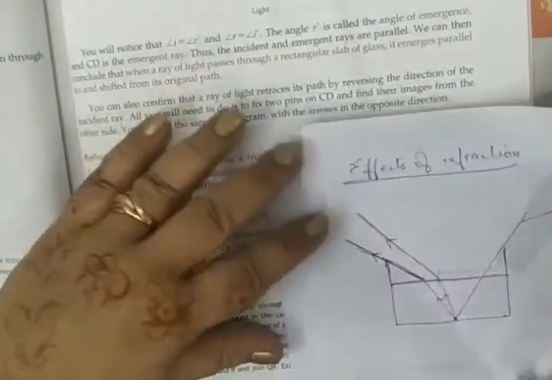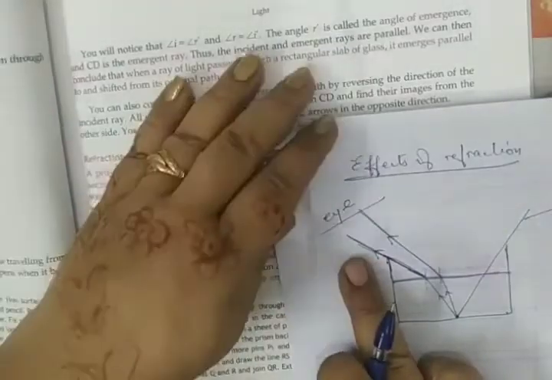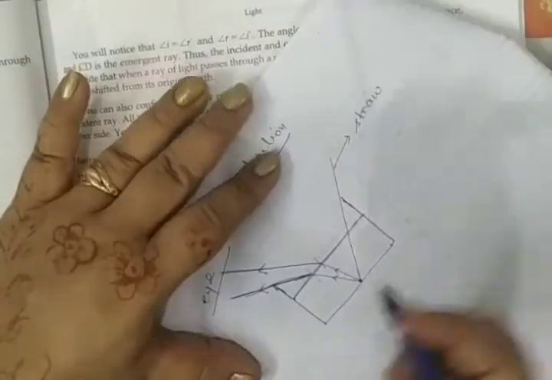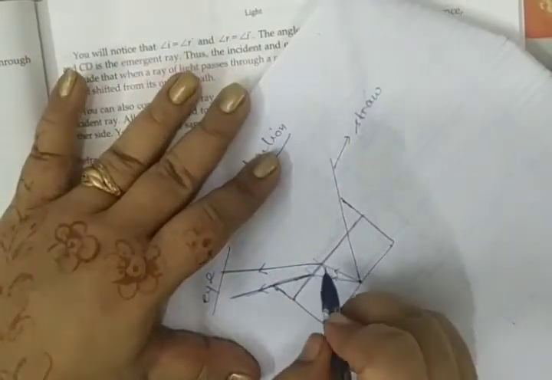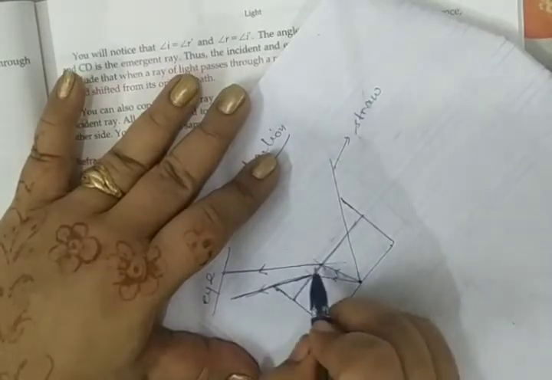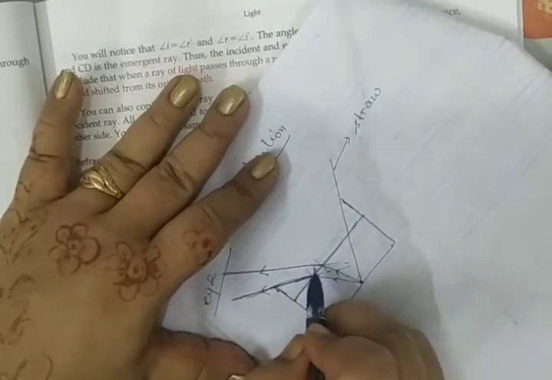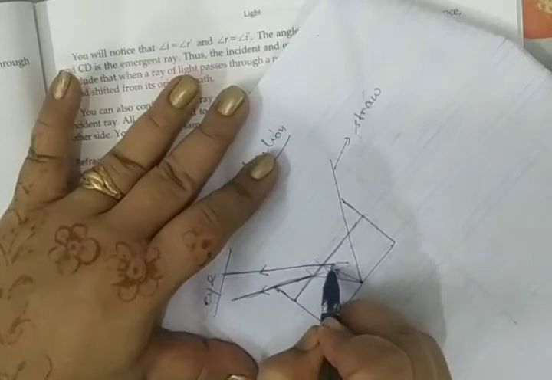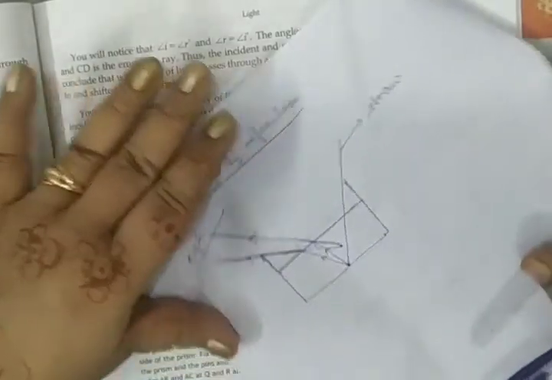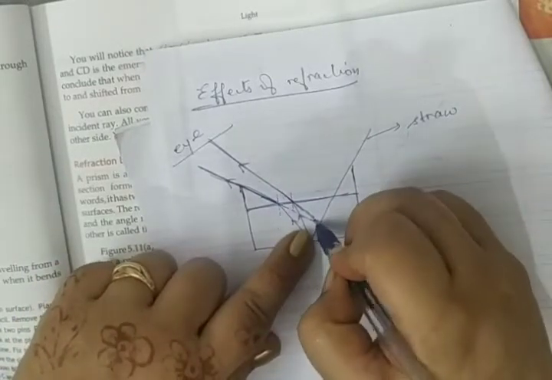Now our eye is here. So these two rays, when they enter into our eyes, they will be seeing this end, but these rays are coming straight like this, so they will appear to us to come from some other point. Let me show you. Let us produce these rays backwards. Just produce them straight, so they meet here at this point. So to our eye these rays will appear to be coming from this point.